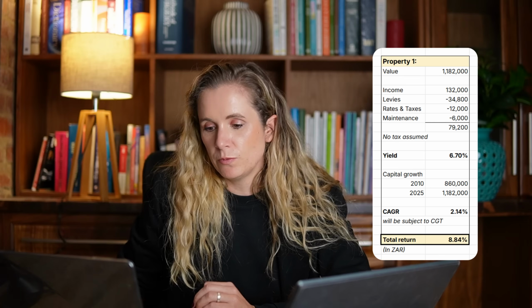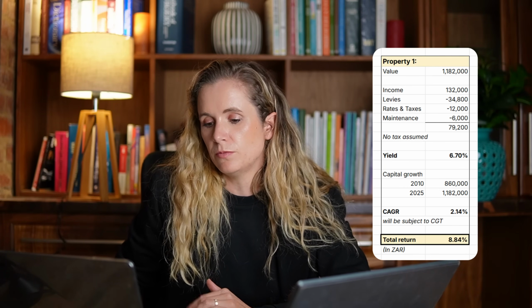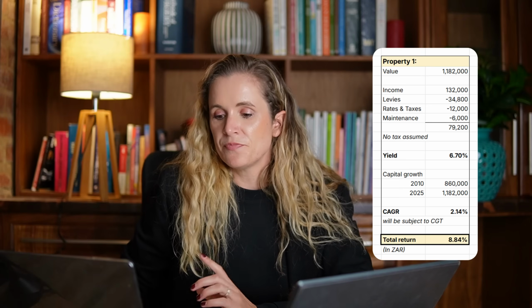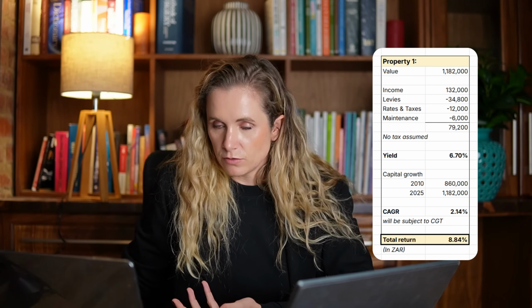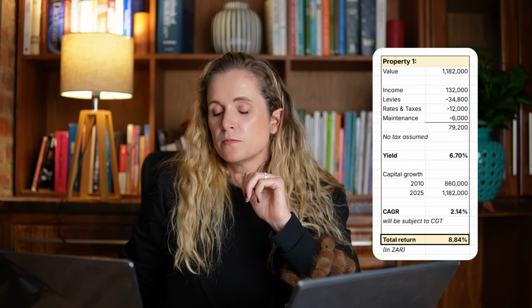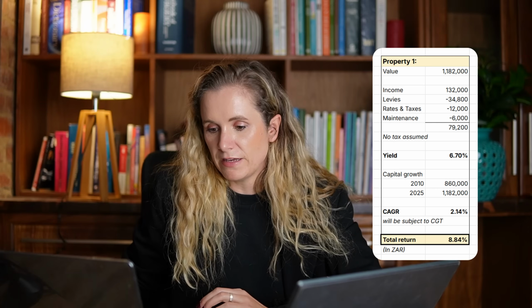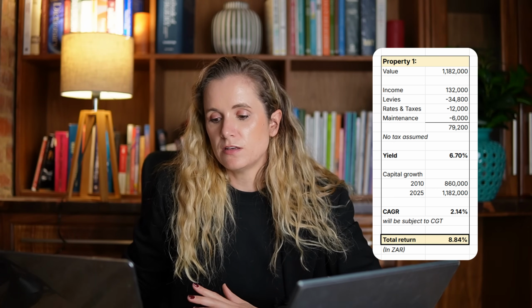So if we look at the numbers that they've shared, Property 1 has a value of 1.1 million. It has an annual income of 132,000, and then they've got rates, taxes, and levies. This is an assumed annual maintenance, and this number is from them, by the way. They also don't pay tax on this because they are not taxpayers in South Africa. So this is below the threshold that they get taxed at, and the income is split between the husband and the wife. And then if I calculate the yield based on these numbers, that's a 6.7%